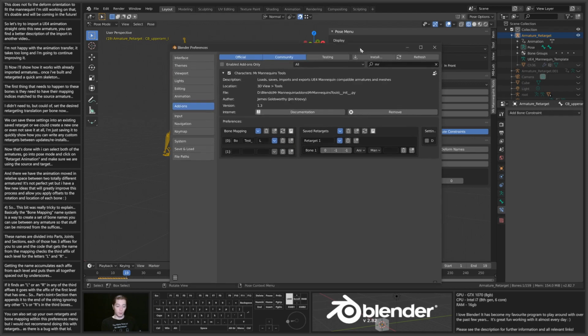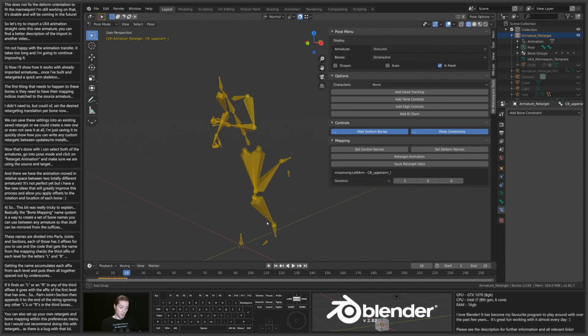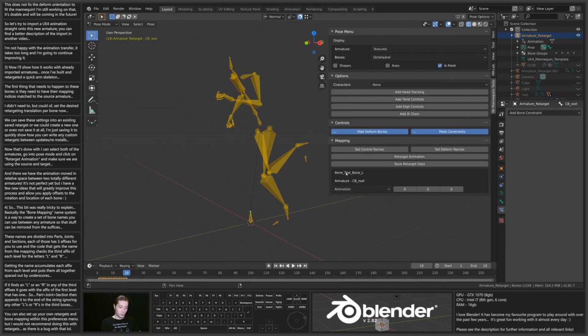So if I come into here, let's grab my root. It now says bone test, bone out, as you can see. So all the renaming will still work. We don't have to use all three integers. We can just set this to 0 and minus. If this was -1 and -1, yeah, you can see this works. You don't have to use all three layers of this. You only have to use the first layer if you want to. If you do want to use only one layer or only two layers, because you could do this with two layers as well, the same theory applies,